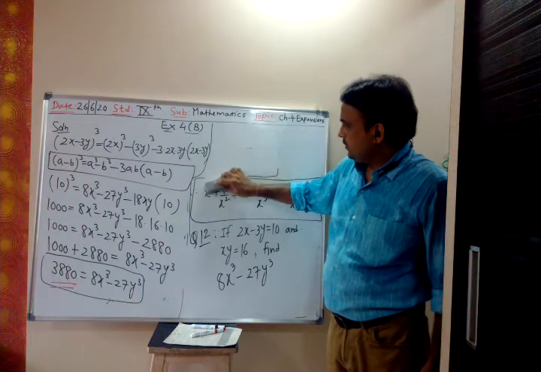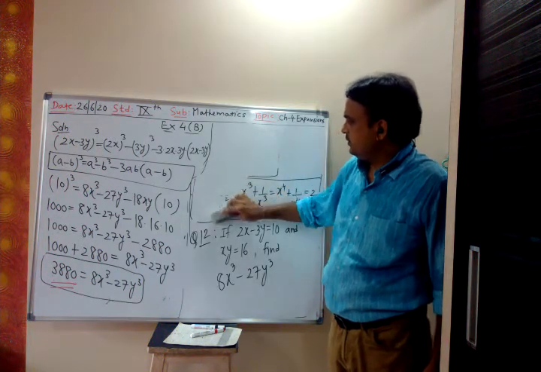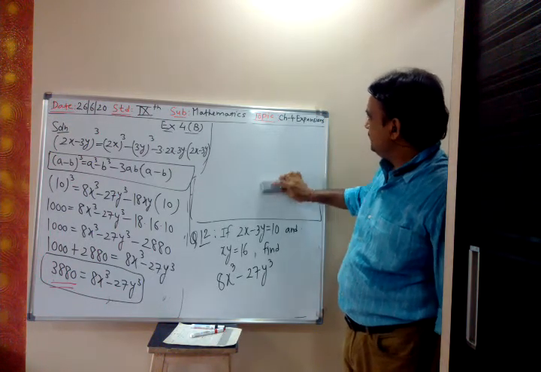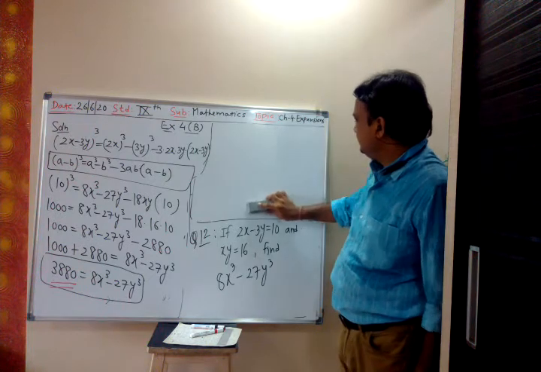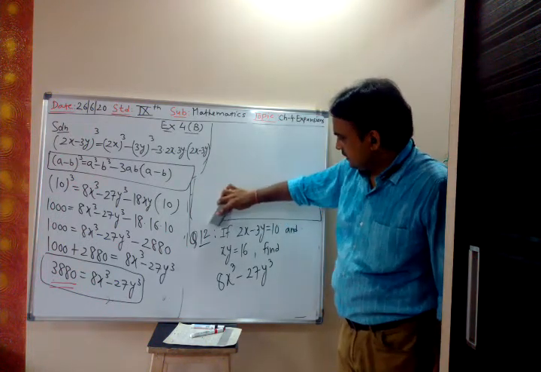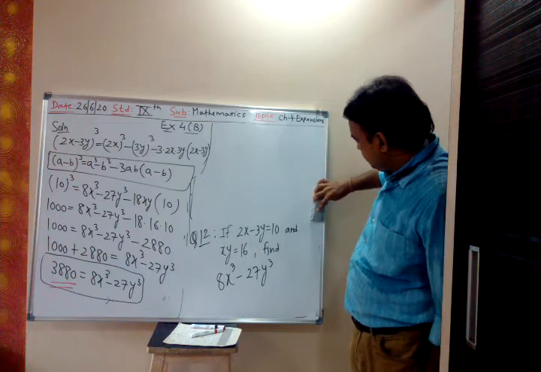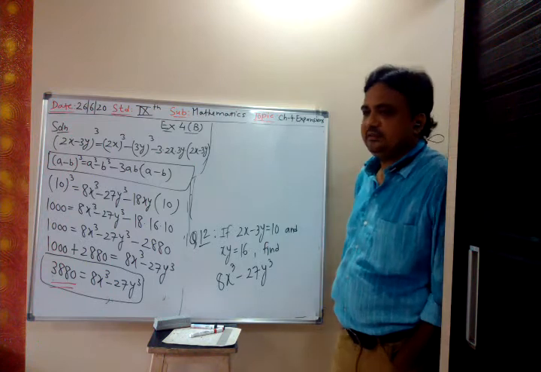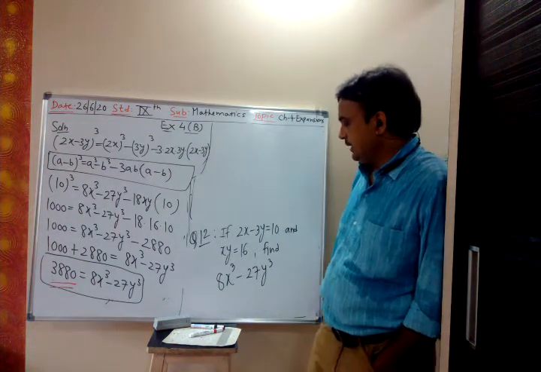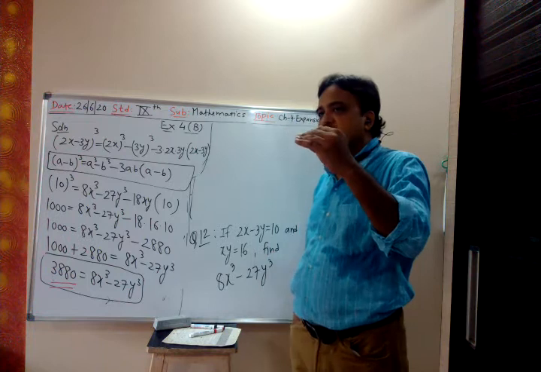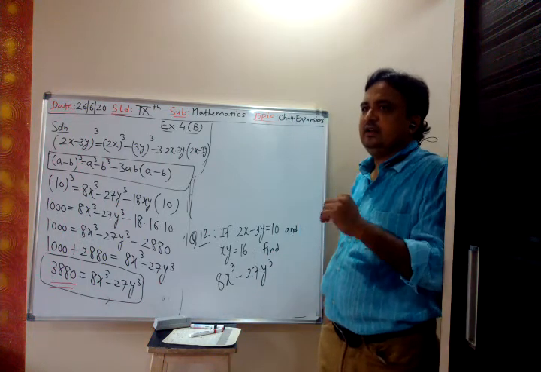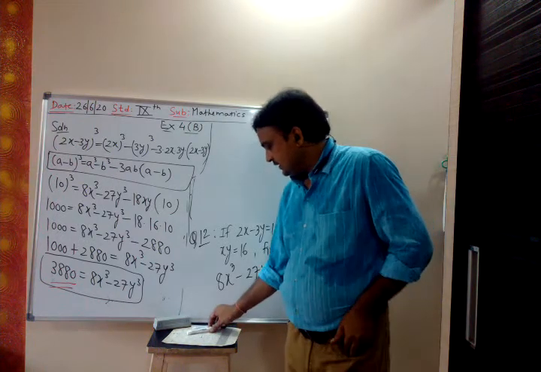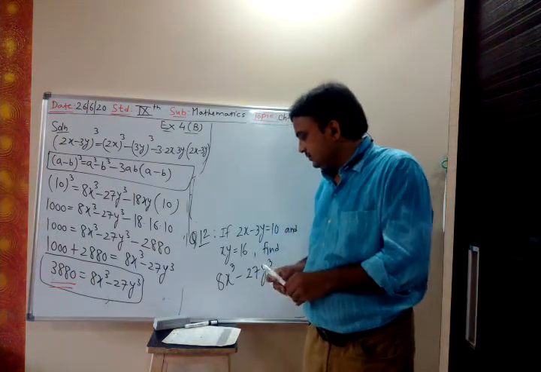So you have to be thorough with the formula. Writing the correct formula is very important. No matter how big a calculation you do, if the formula is incorrect or wrong, there is no meaning in writing the solution with the wrong formula and expecting a few marks. No marks will be given if the formula in the beginning itself is wrong, and you do a lengthy calculation of one page, two pages. That will not give you marks if the formula is wrong in the beginning.